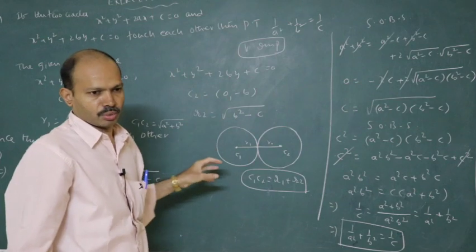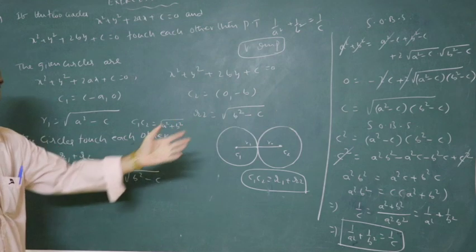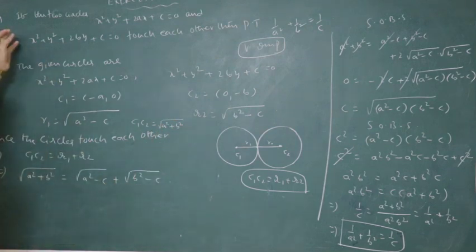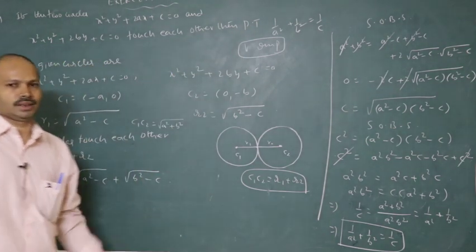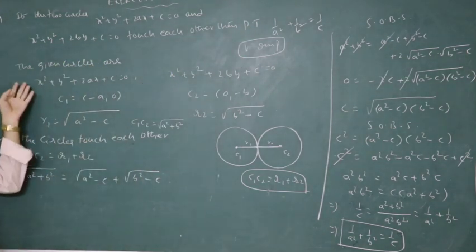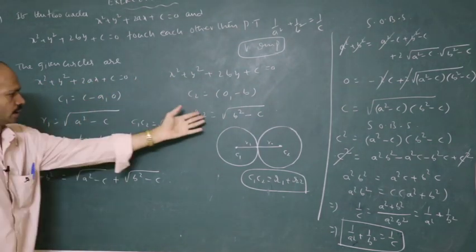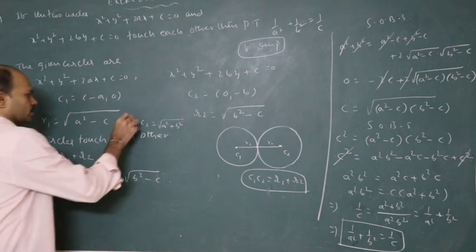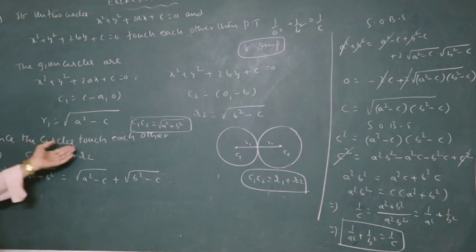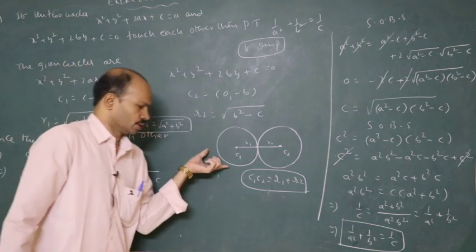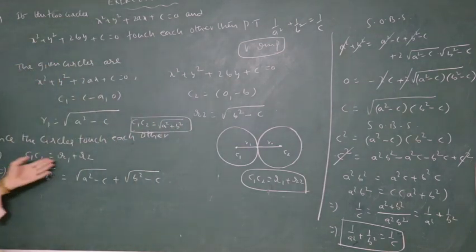Don't forget doing this problem at least twice for your practice. See, again let us recall a brief of the solution. The given two circles touch with each other, then we have to show some condition. First of all, what is given: circle 1, circle 2, center 1, center 2, radius 1, radius 2, distance between the centers. This is C1, C2. Since the given two circles touch with each other, this is the diagram. You know C1, C2 is equal to R1 plus R2.